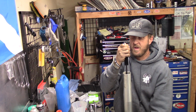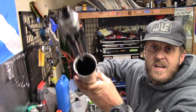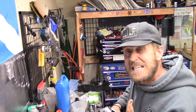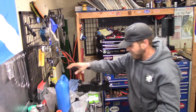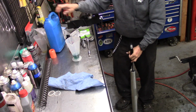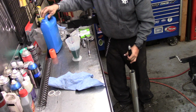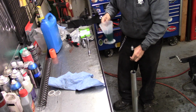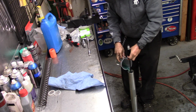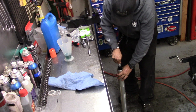And we need some more oil in there, because if you look down in there, you'll see it's not very high up. And we're looking for, on this fork, it's 68 millimeters is the recommended fork oil height. So now we're going to take some oil. Doesn't really matter how much, because we're just going to add it in there until we get it up over the cartridge. And then we're going to bleed this thing